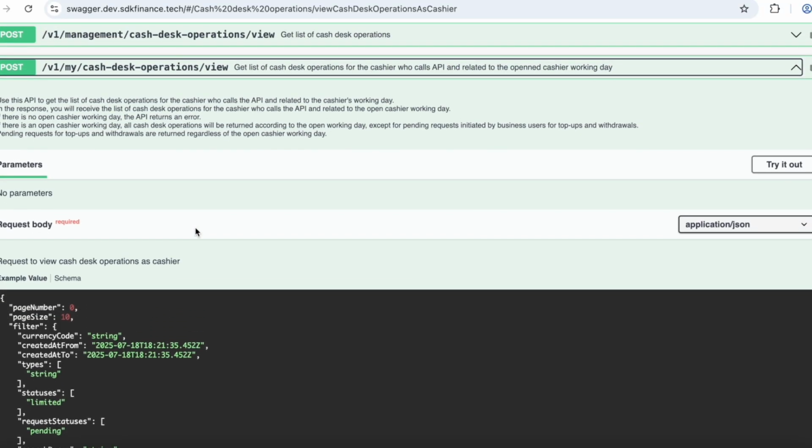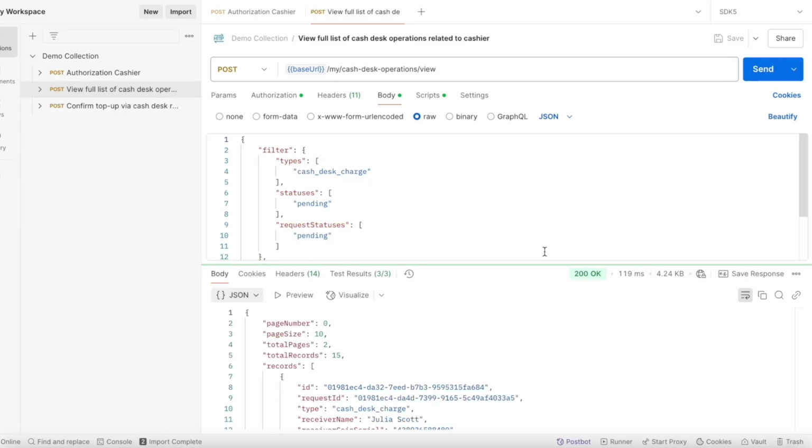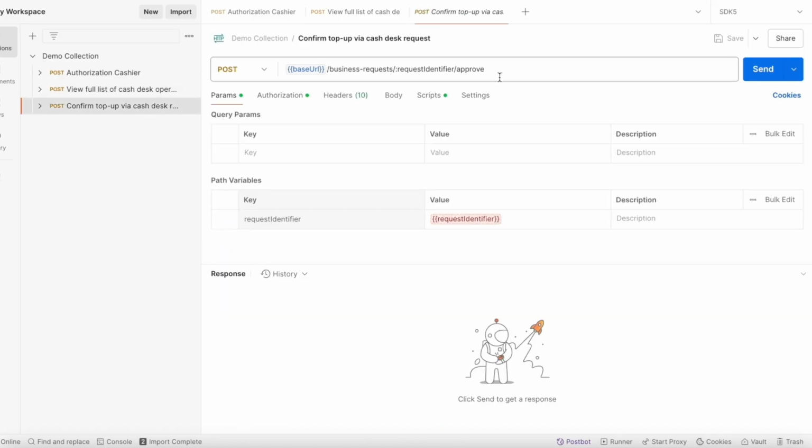You can apply filters in the request body, such as status and operation type. In our case, the operation type is Cash Desk Charge, which corresponds to a top-up via Cash Desk. As shown in the response, the operation is listed with the correct amount and a pending status, meaning it hasn't yet been approved. We now copy the request ID from the response and use this second API to approve the